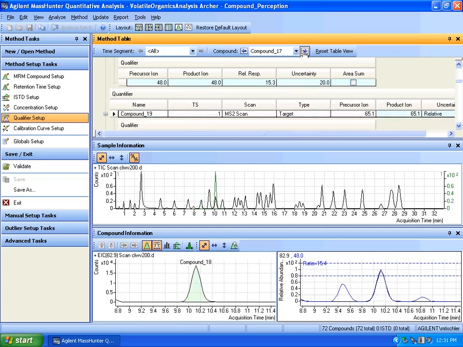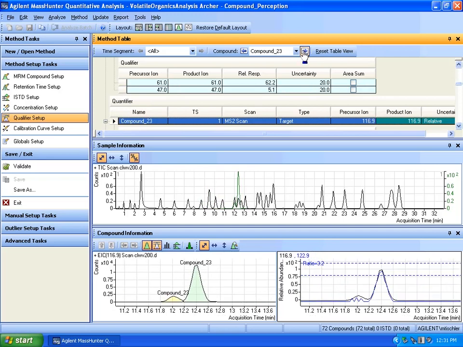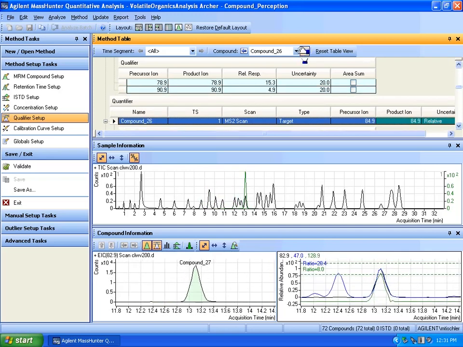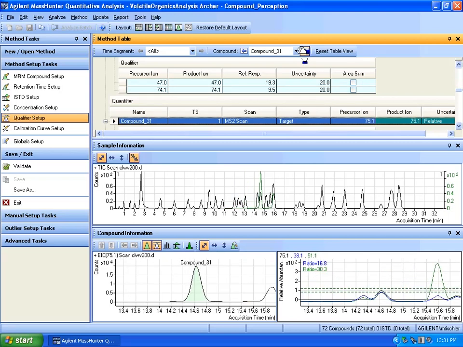So I think you can see how useful this tool would be if you had to create a method, and also how it could be useful to check when you have scanned data and are creating a quantitation method that you actually are picking up